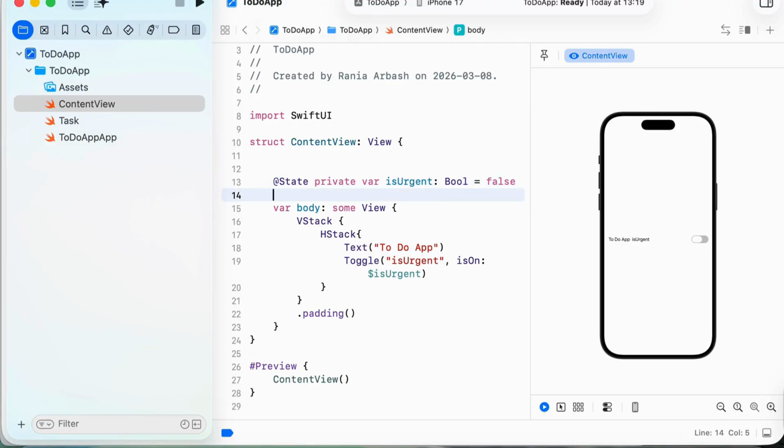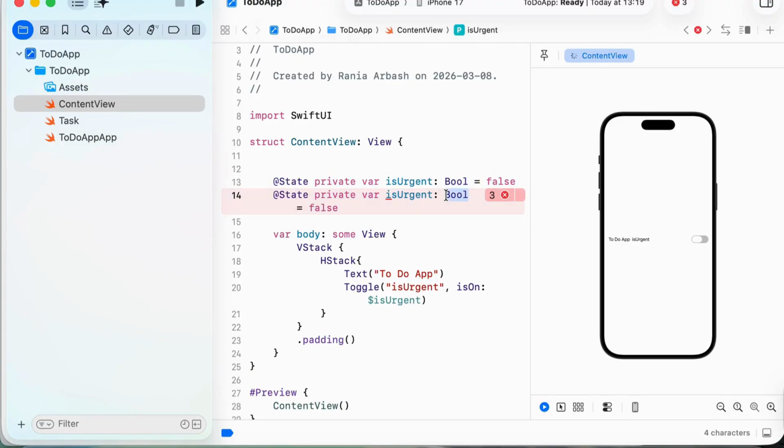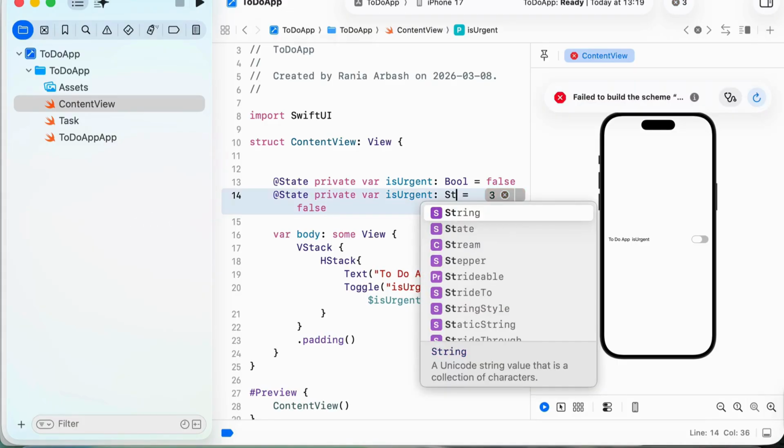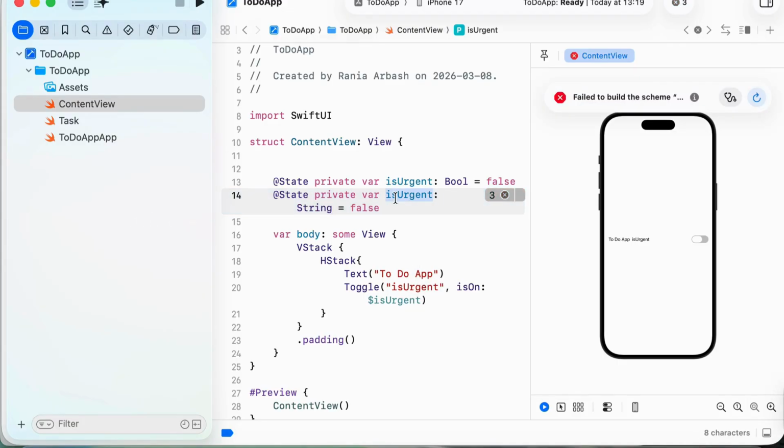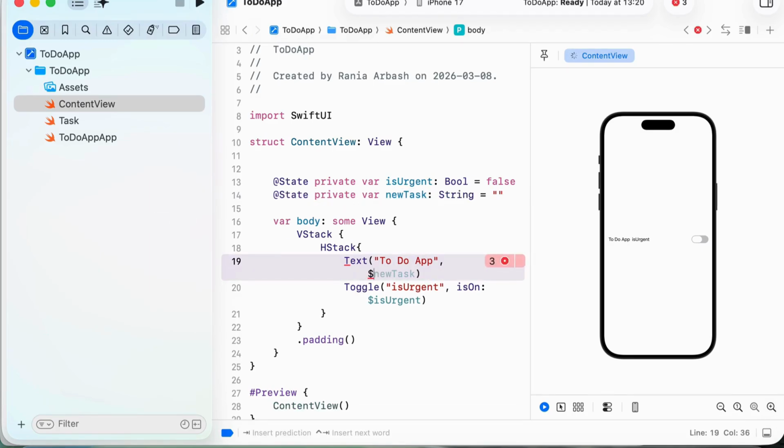So because of that, I need another state, this time going to be a string, right? And there's going to be here the string that is the new task. All right, and originally going to be empty, and this text will be connected to that binding value, which is newTask. Here we go,